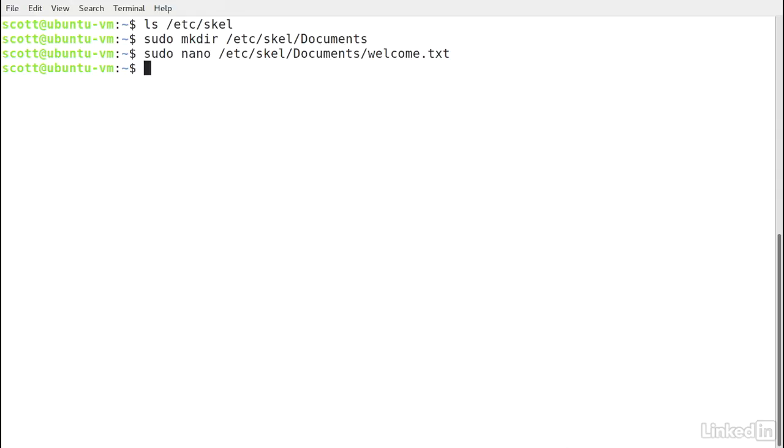Alright, when I create a new user, this will get copied into their home folder with appropriate permissions for them, and they'll be able to see our message. Let's also explore setting up the environment a little bit for our users. There's a few files where we can do that. In the /etc/profile script,